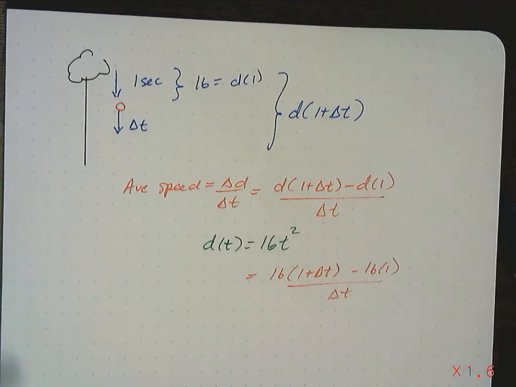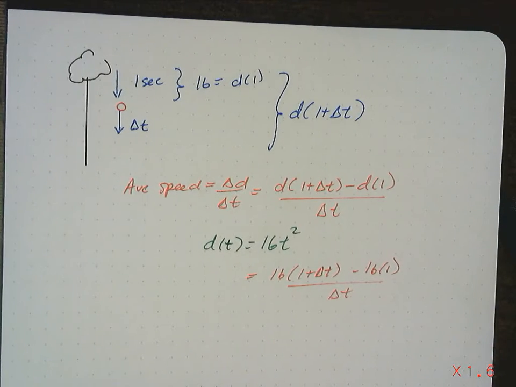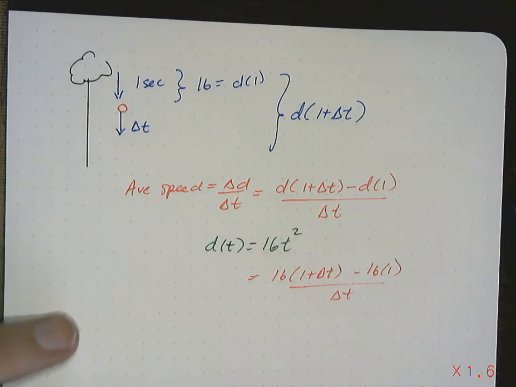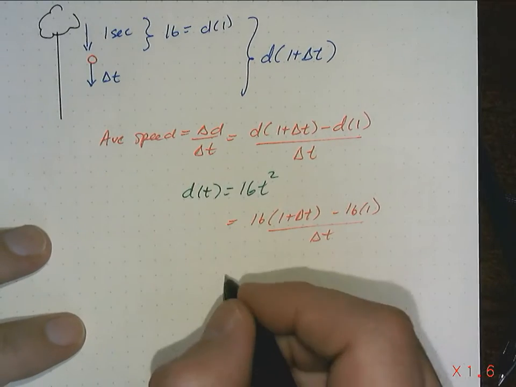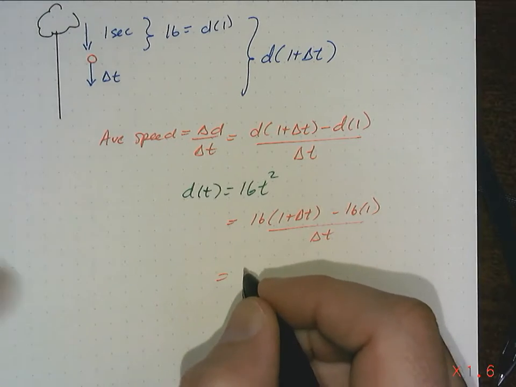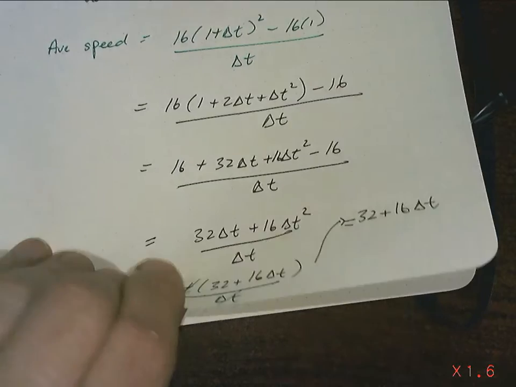You guys have to redo this proof over and over again, or this concept, until you can do it like this. And see how I'm condensing it, and it means something to you now. Okay? So I'm going down, and then I even worked this out, didn't I? We worked all of this out, and we figured that this was, I gotta look back, 32 plus 16 delta t. Okay, so now Newton says,